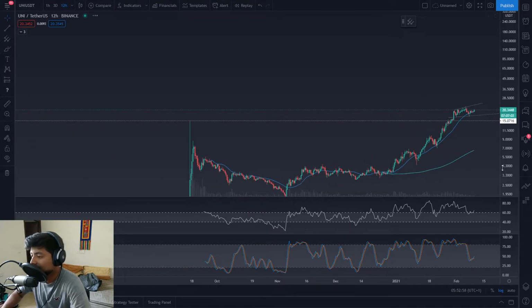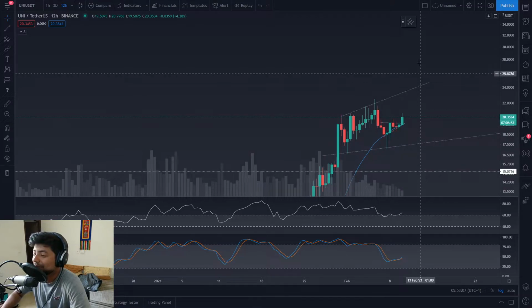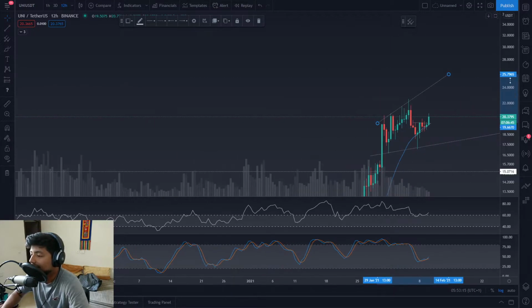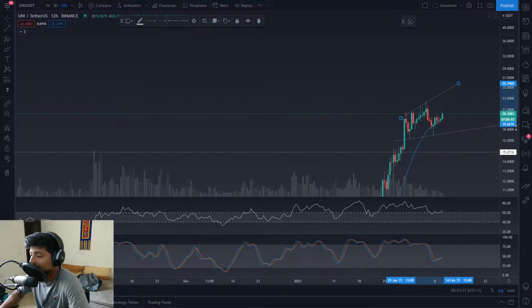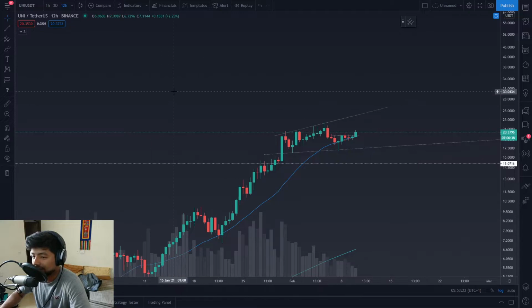25 being a psychological resistance, and a good move from the current level, around 25%. Okay, so $25 is of course going to be a psychological resistance, which is going to be aligning, in fact, with this broadening wedge as well. So keep an eye on 25 USD as a potential profit taking zone, as a potential consolidation area for most of the players in the market.